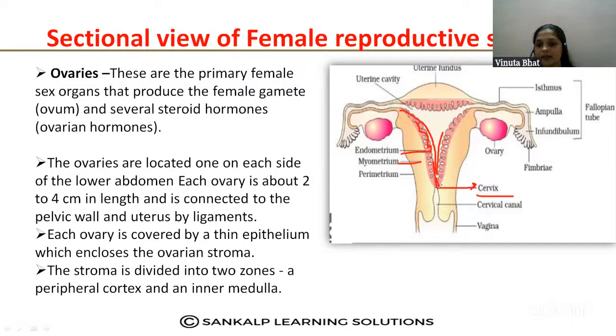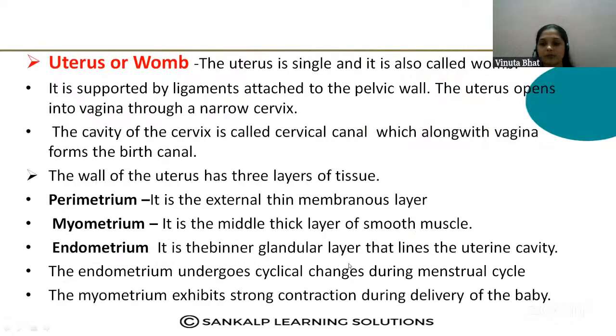And this is the cervical canal, cervix and cervical canal, and this part is called the vagina. Okay, so like this you should draw the diagram and learn the topic. I hope this much is understood about the uterus and about the accessory ducts in the female reproductive structure. Okay, then